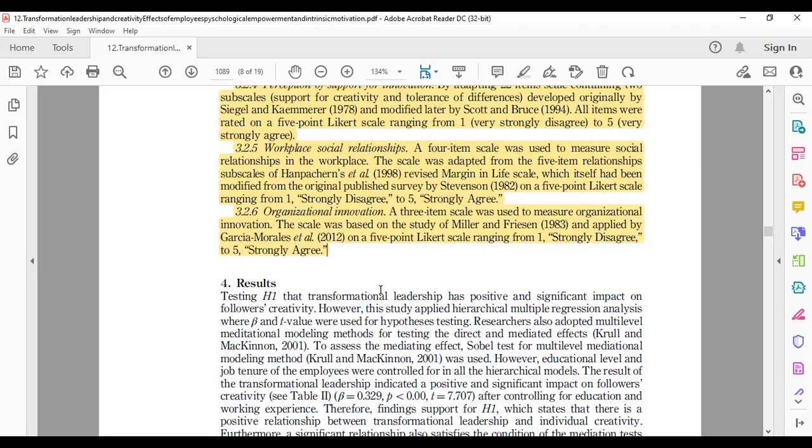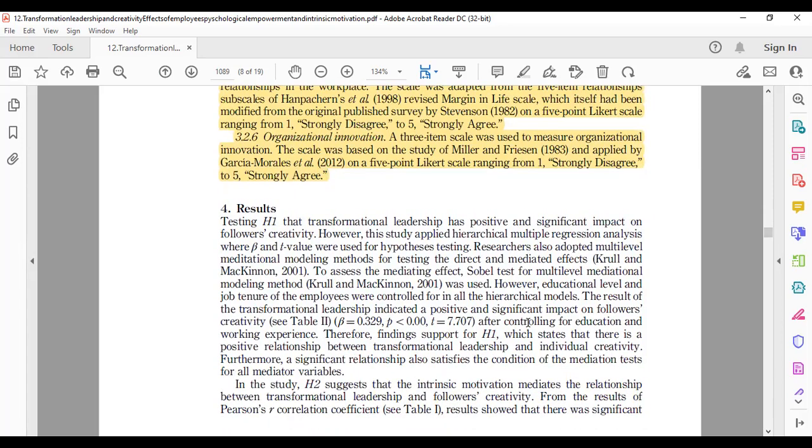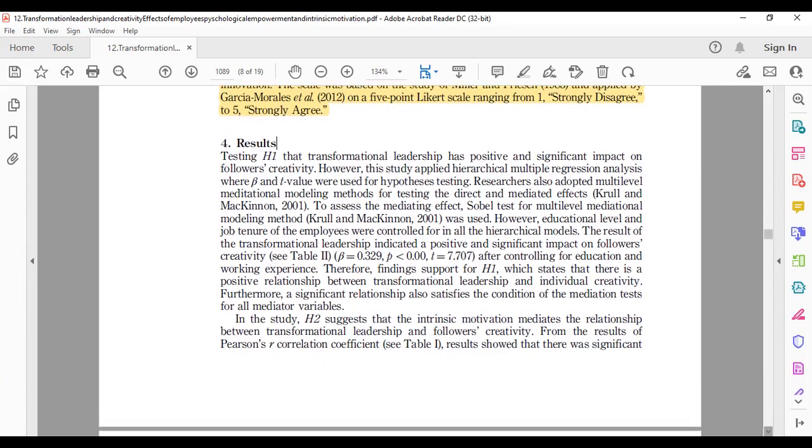After that, you make a brief study of the results, right? If there is a relationship study, you can address the relationship, strong or weak, and whether hypothesis 1 is accepted or rejected, and hypothesis 2 is accepted or rejected. You can see whether a mediation exists between these variables or not, right?